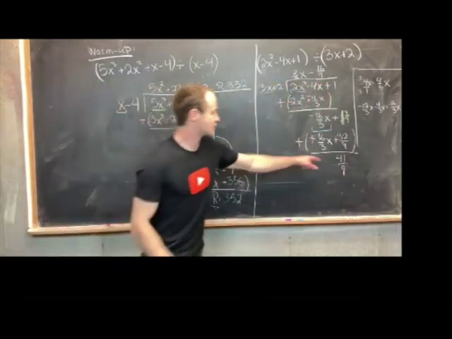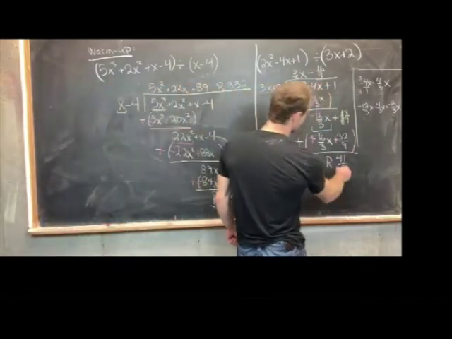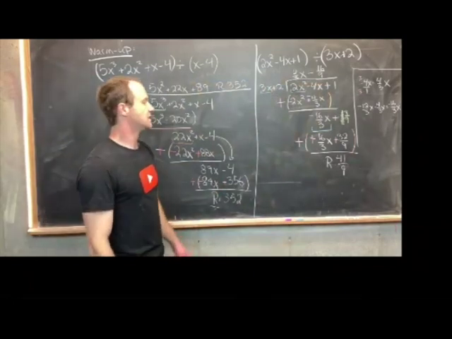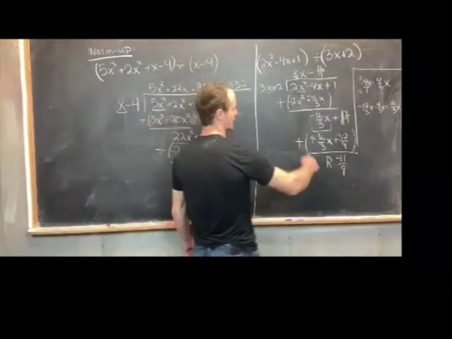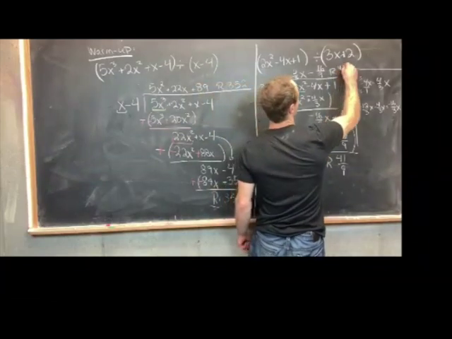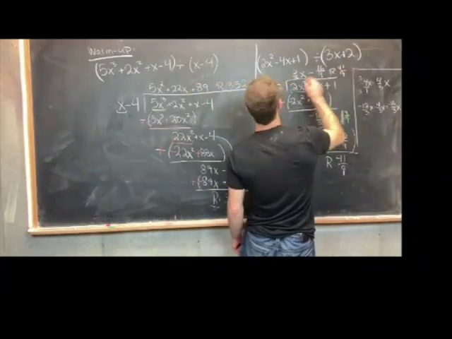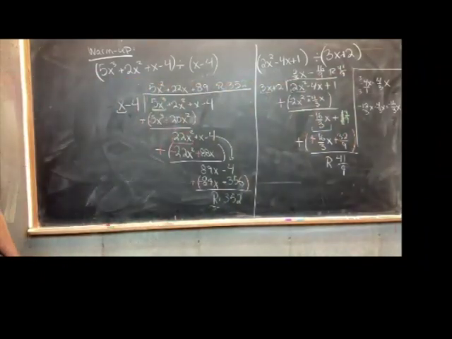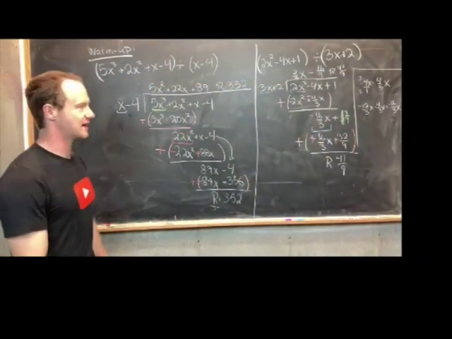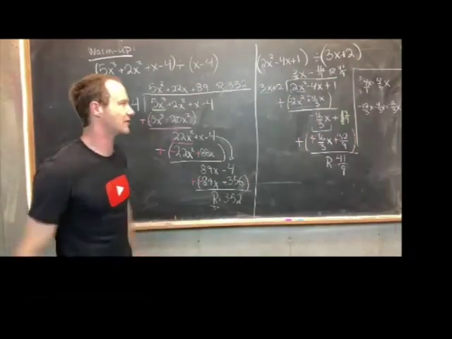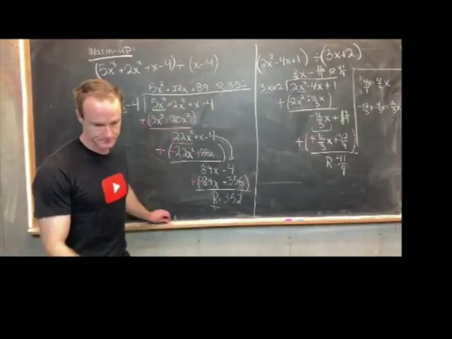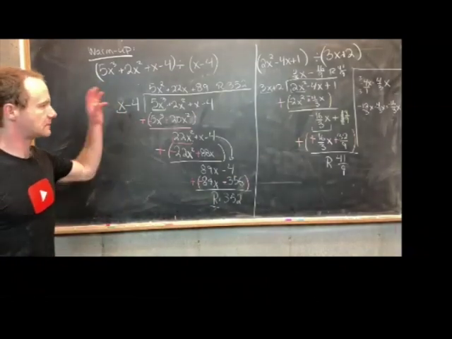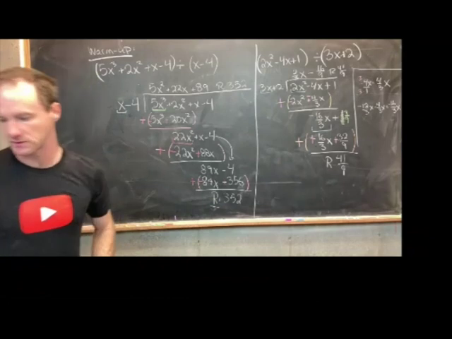Now we've achieved the remainder because the degree here is 0. The degree here is 1. That's smaller than, so 0 is smaller than 1. So we have a remainder, 41 over 9. So there's our solution. Our quotient is this 2/3, sorry, 2/3 x minus 16 over 9, and our remainder is 41 over 9. Okay, so I think those are good ones to